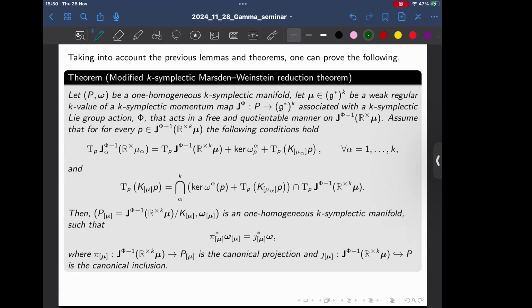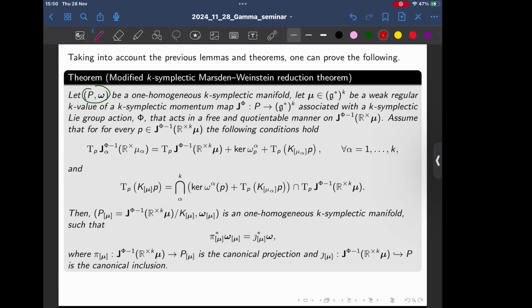Shortly, we start with a one-homogeneous k-symplectic manifold, and we assume that mu is a weak regular k-value to ensure that J_phi^{-1}(R cross mu) is a submanifold of P. We have an exact k-symplectic Lie group action that acts freely, and in a quotientable manner, on J_phi^{-1}(R cross mu) to ensure that the reduced space is indeed